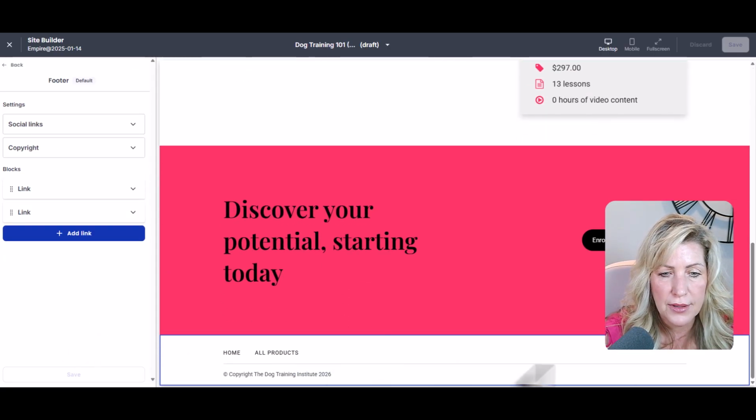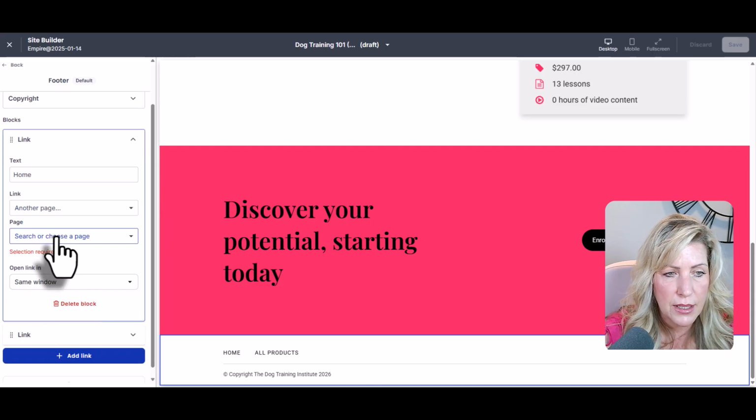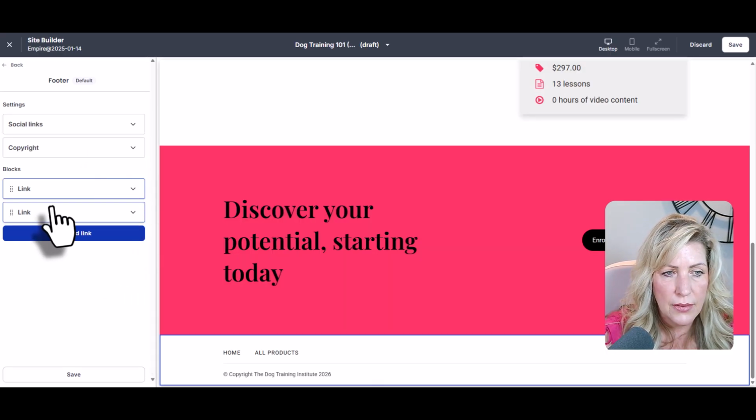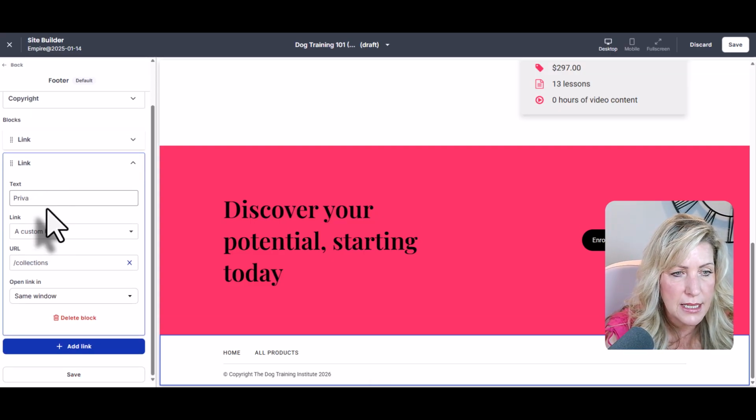So let's go down to the footer. That's this part down here. The 3 links that you really need in here are your home link. So again, I'm going to go to another page, and that's going to be home. Then I would also link to your privacy policy and your terms of use. So I would put privacy policy,